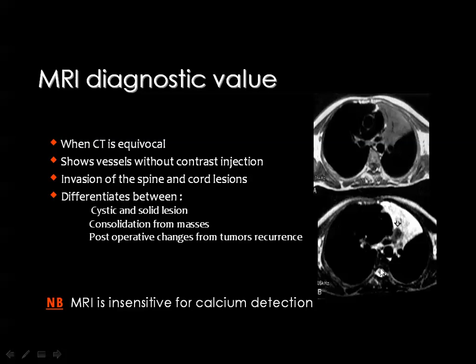That is, whenever you have a lesion which is obstructing the bronchus, a tumor, bronchogenic carcinoma obstructing the bronchus, and you get consolidation collapse distal to the site of obstruction, then CT is not able to discriminate the tumor from the consolidation because both have almost the same density, but MRI, especially in the T2-weighted image, because of the water content difference between the tumor and the consolidation, can clearly